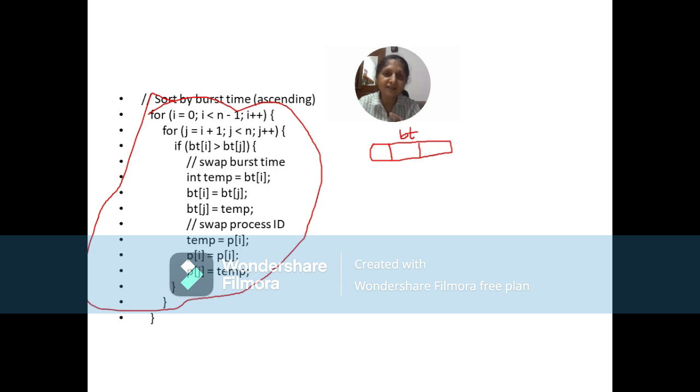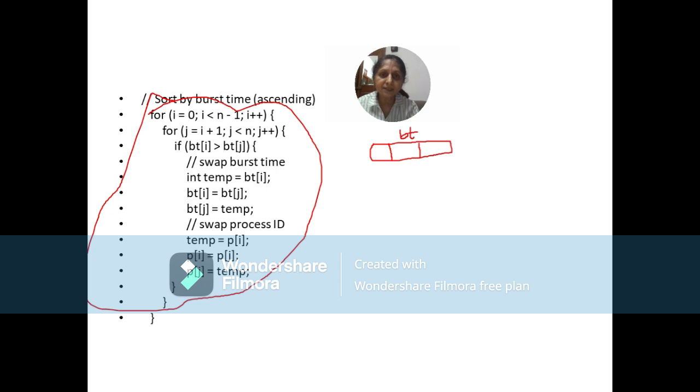Don't bother about the uneven shape of each and every subscript. So this is our array BT, and I have drawn only three blocks or partitions because, as I mentioned earlier, we are going to keep the input constant so that it's very easy for you to remember. So our assumption is the user is going to input the n value as 3, and there are three processes, and since there are three processes, we are going to accept the burst time of only three processes. So for our burst time array, I am showing only three subscripts.